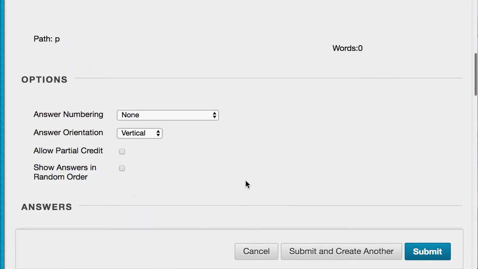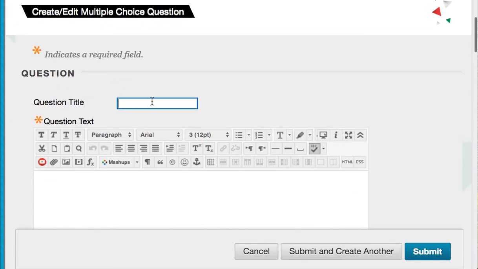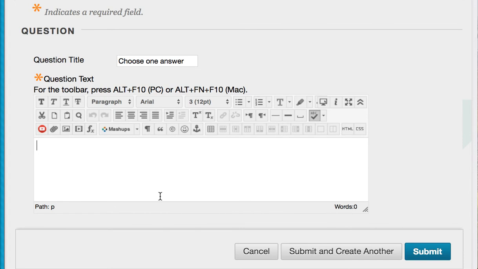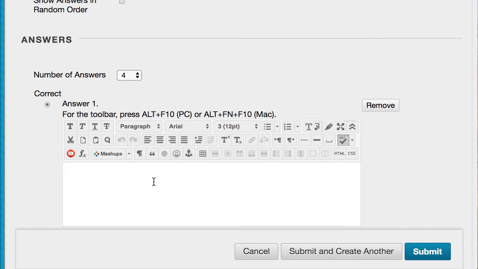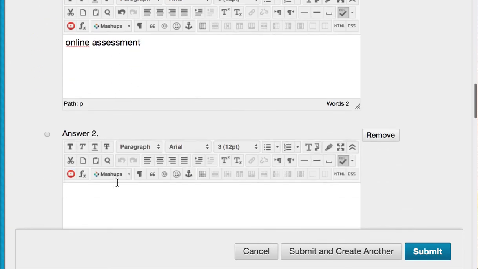So for the multiple choice question, we can have a title, for example, choose one answer, and the question itself would be, for example, what is better assessment? So what is better assessment? We can say online assessment is the right answer, and we say